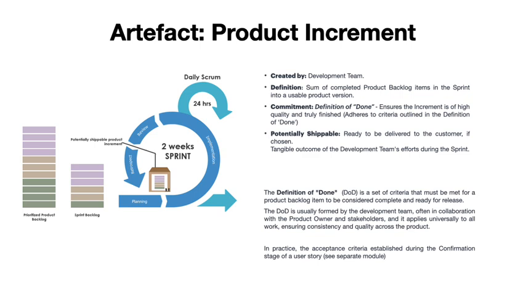The definition of done, DoD, is a set of criteria that must be met for a product backlog item to be considered complete and ready for release. The DoD is usually formed by the development team, often in collaboration with the product owner and stakeholders, and it applies universally to all work, ensuring consistency and quality across the product. In practice, the acceptance criteria established during the confirmation stage of a user story, see separate module,